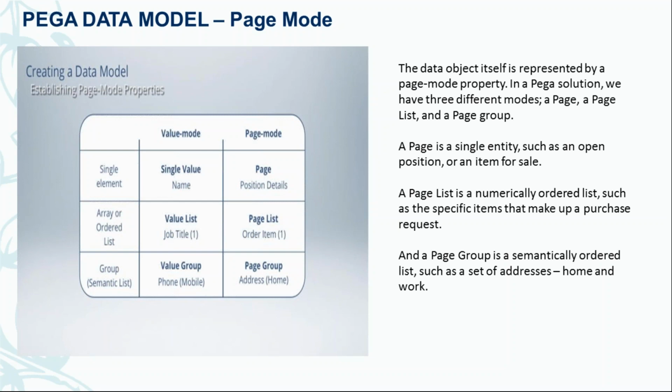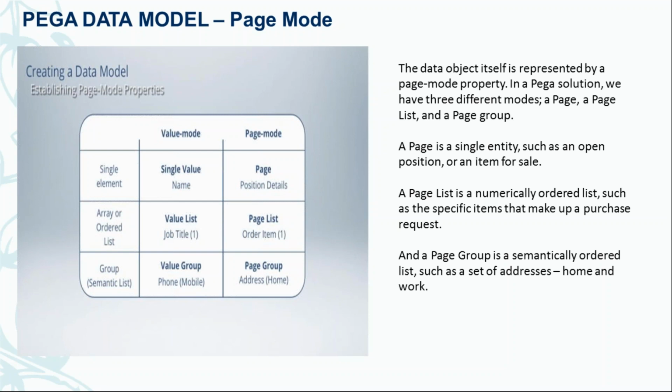And if I'm going by the brand name, I want to see the phone of Apple, mobile of Samsung, mobile of MI, mobile of Sony Xperia. In the same way I can represent them in a single array. So as a Pega best practice, don't go for value mode properties. You go for page mode properties, because in future if you want to extend any attribute for that single array, you cannot do that because that is a single array.